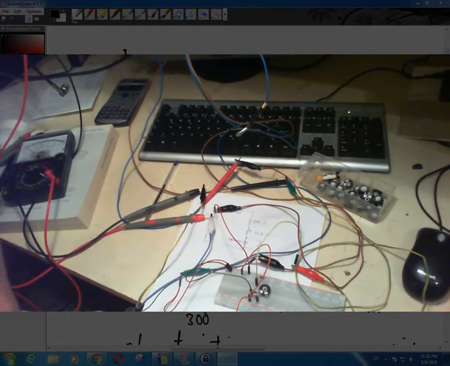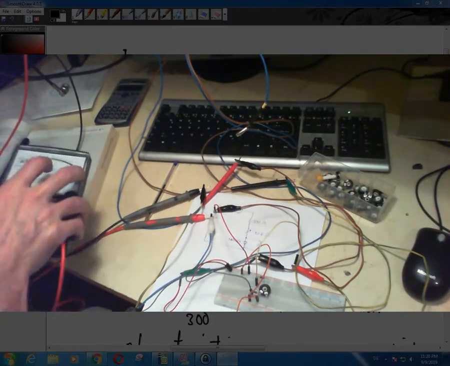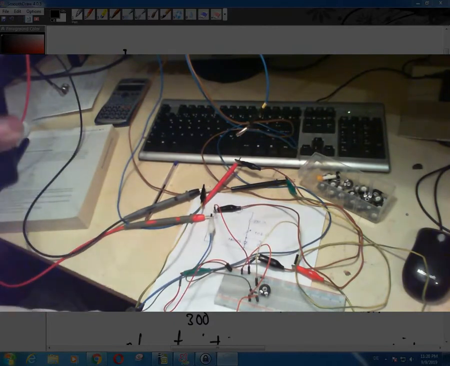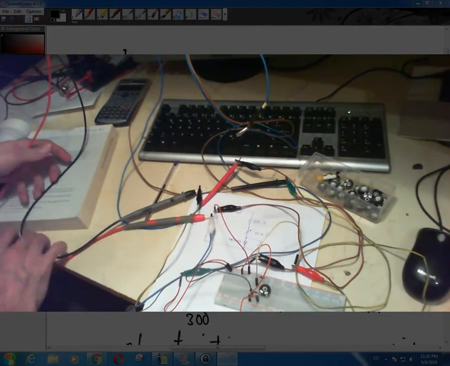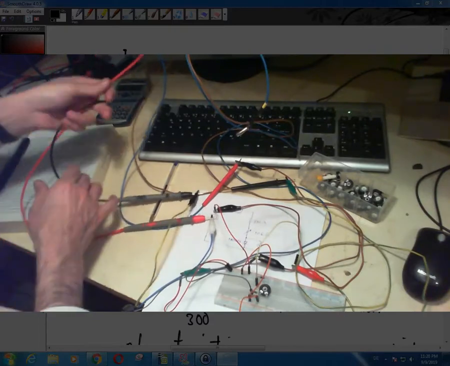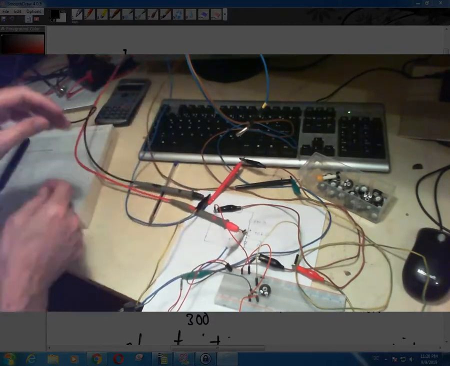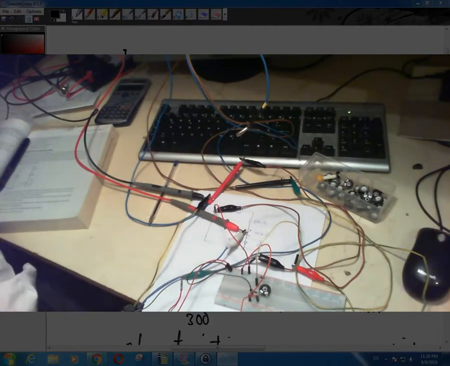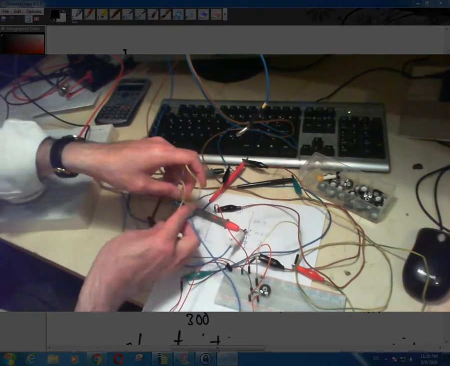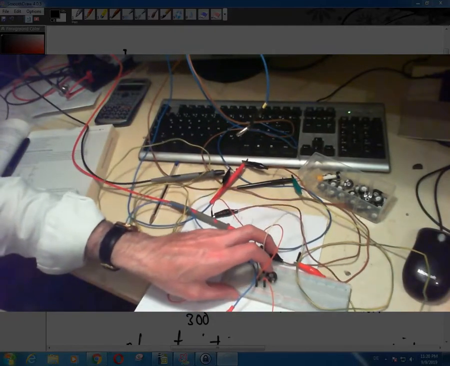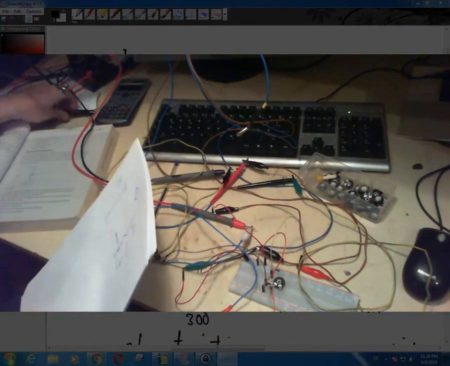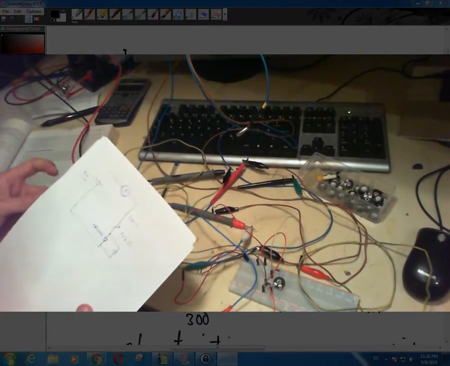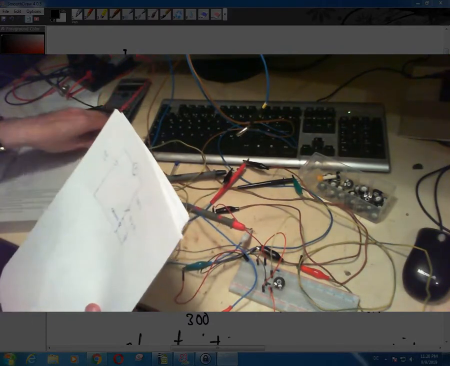Now what you want to do here, you have to basically note down some values. Every kind of experiment that you do, of course, you have to get some data from your experiment and then somehow analyze the data. So what I'm going to do is get some paper here, and if you want to basically watch the voltage,